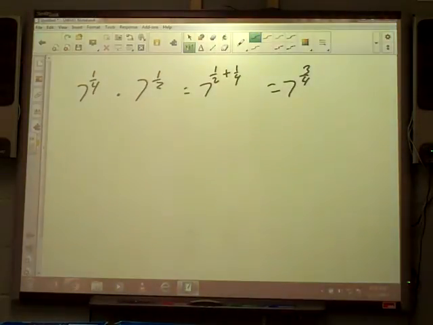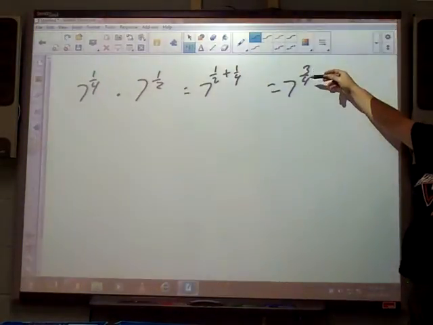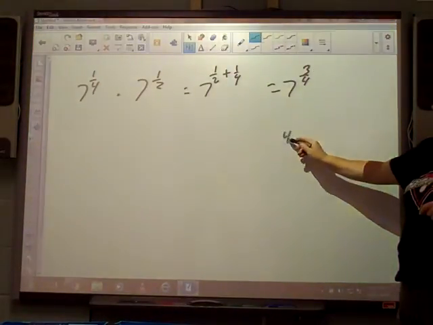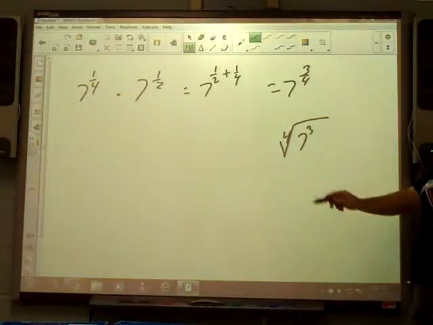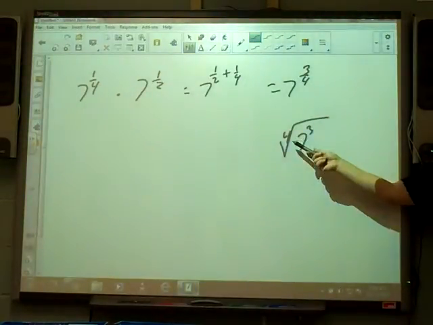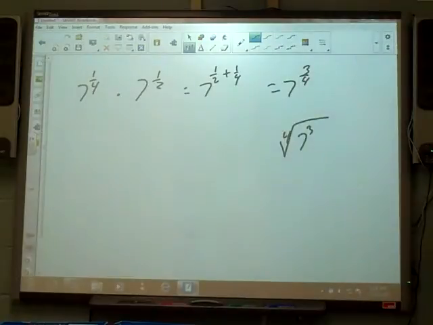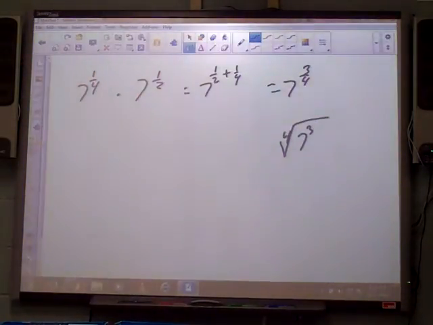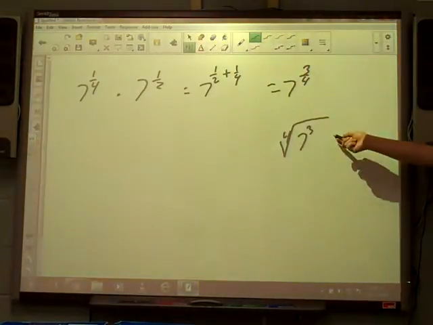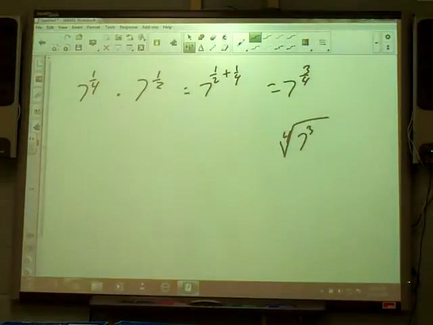Okay, now here's what I was talking about to know if that's where we stop or not. If this can break down farther and so that our answer is still a whole number, we're going to keep going. If not, we're going to stop there. So remembering from Friday, this is power over root. So I've got the 4th root of 7 cubed. Well, I know 4th root of 7 is not a whole number. That's no good. What about 7 cubed? Would that be a 4th root? Try it in your calculator. See what you get for 7 to the 3/4 power. Does it come out a whole number or not?